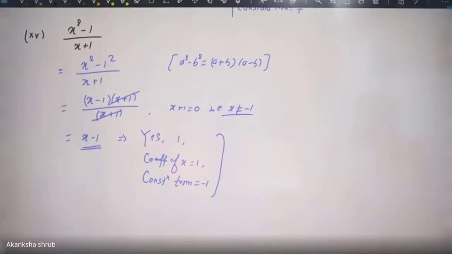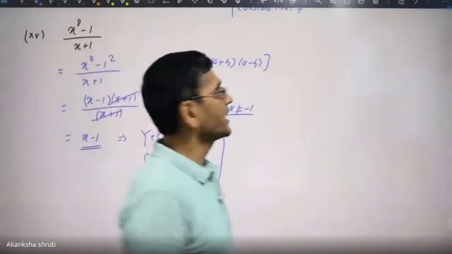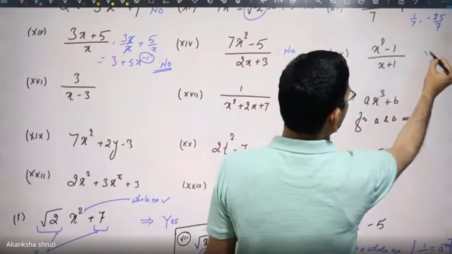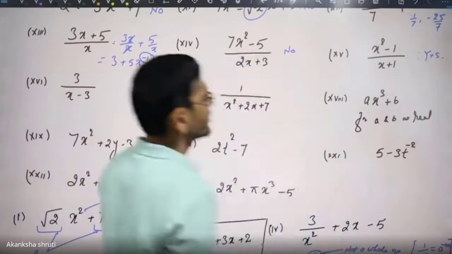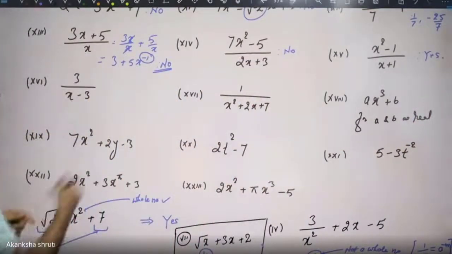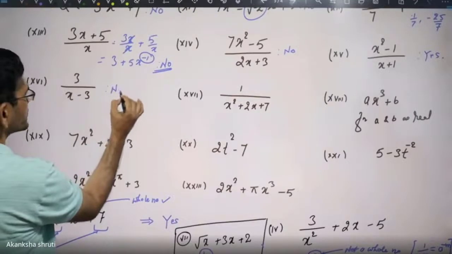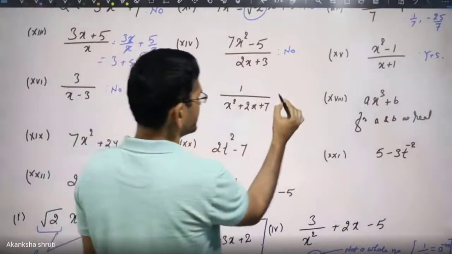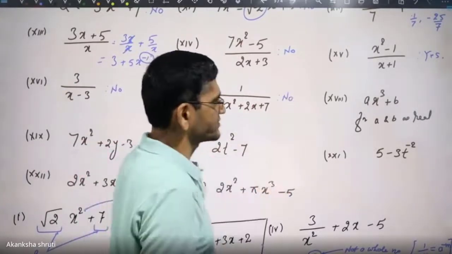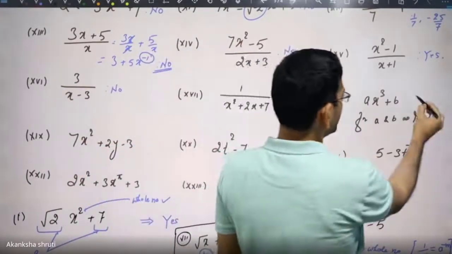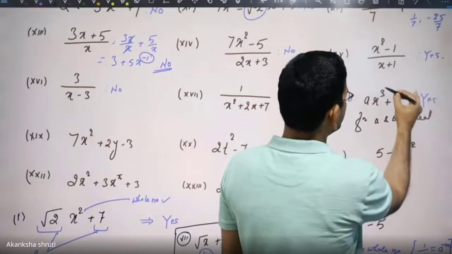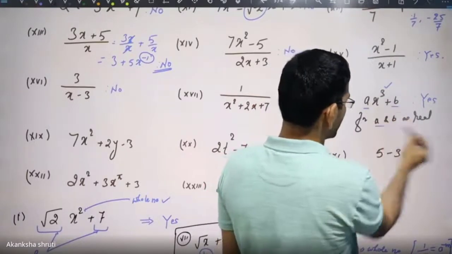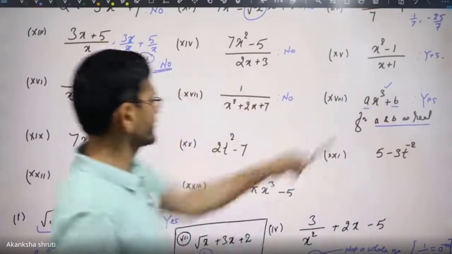So be careful. जब भी आप बताएं थोड़ा ध्यान रखें इन चीजों का. Student, write for this: yes, as it is possible to be a polynomial because the denominator can be cancelled. Here it is no, because in the denominator there is x, but that cannot be cancelled. Again, in the denominator we have x, and that cannot be cancelled. No. Whether this is yes. Why? Because this power is a whole number, and it is already given in the question that the coefficients are real. Okay, so maybe given in this form.